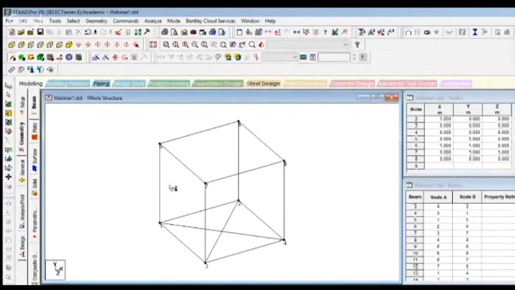You can't see the node at the intersection. So I ask you a question, whether these two members from node 1 to node 4 and node 2 to node 3, which are the diagonals of the bottom face, are connected to each other? Obviously not. So what we'll do is connect these two members. We'll select these two members first.